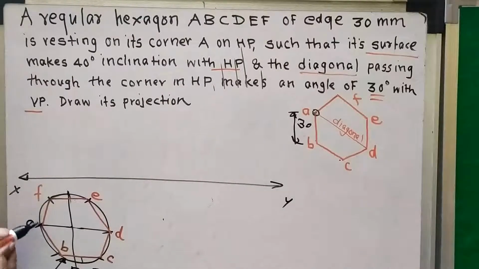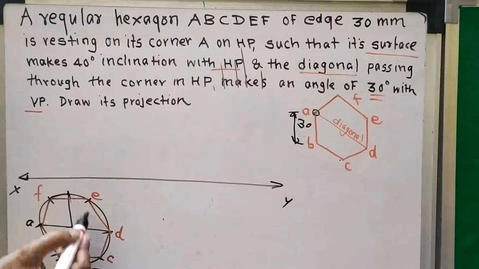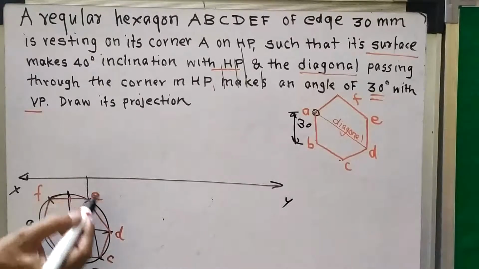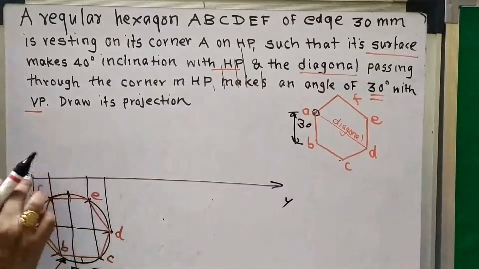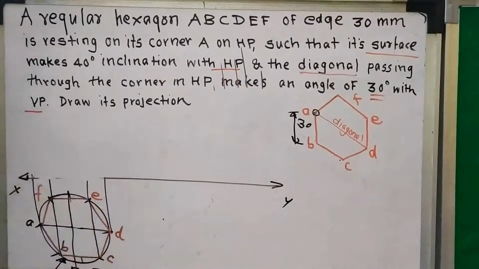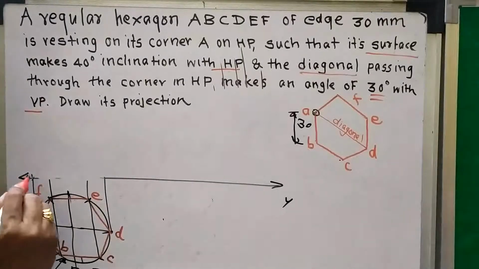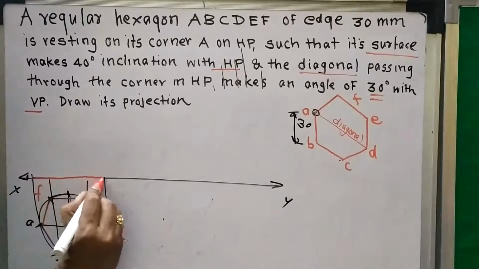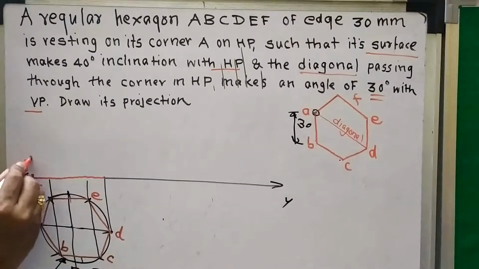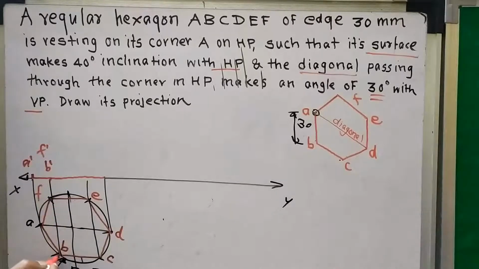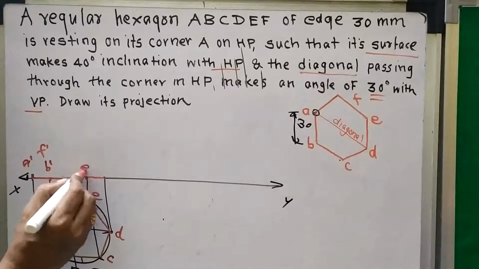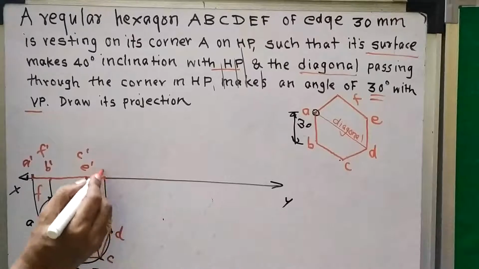I will project this. So I will drop EC, project this from D, from F, it will pass through F and B, and this is A. So in this XY line, I will get the surface view. This view I will get. So this is my A dash point. This is B and F. So this is B dash, F dash. This vertical projector passes through B and F also. Then E and C. So this is E dash, C dash point, and this is D dash point.